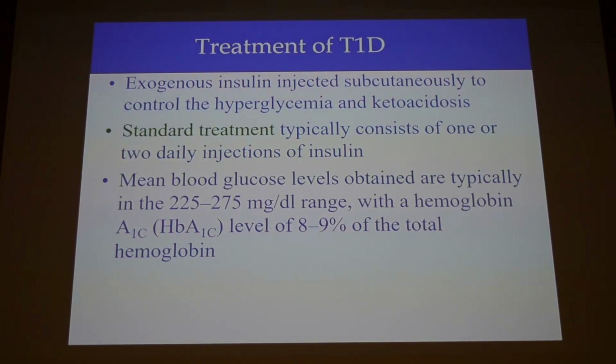Okay, the treatment. So how do you treat patients with type 1 diabetes? You have to give them insulin. So they need once or twice injection of insulin. These days there is the insulin pump, but I'm not sure if it is available here, it's recent. And even with that, you cannot restore things back to normal. So you can control it, but you will not bring their blood sugars back to normal level.